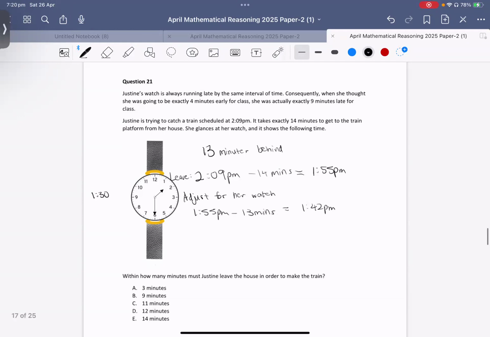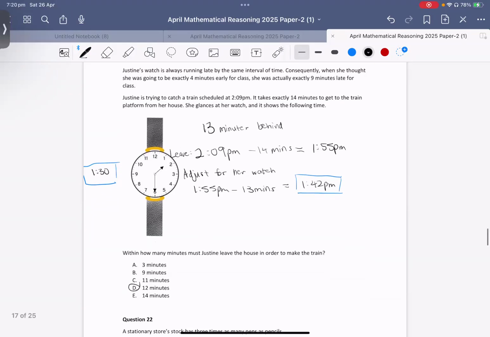Now, see how her watch is currently showing 1:30? If we need to leave according to her watch at 1:42 p.m., then in how many more minutes do we need to leave the house to make the train? It will be 12, which is D for this question. Okay,